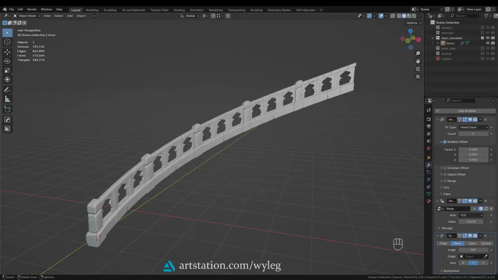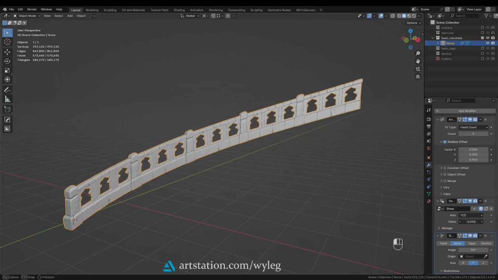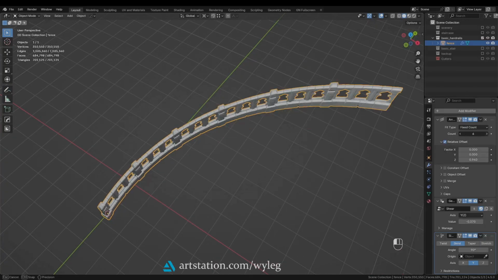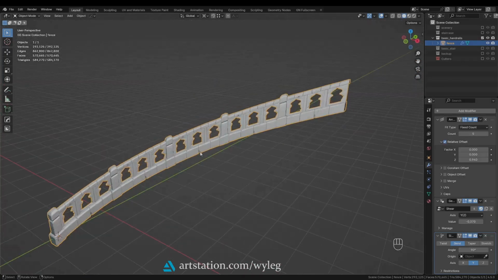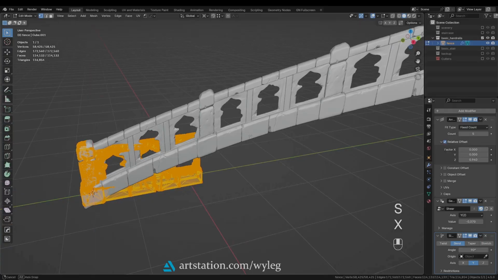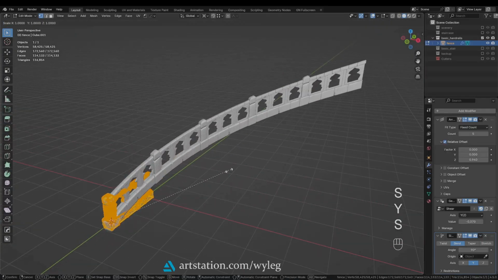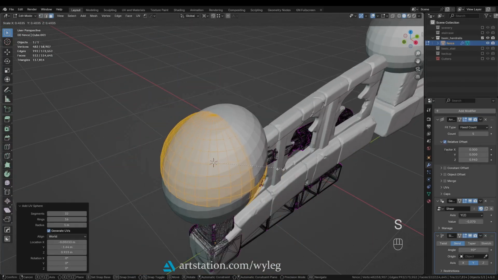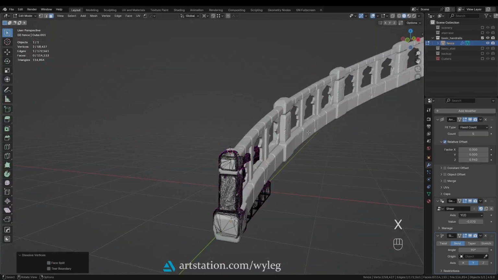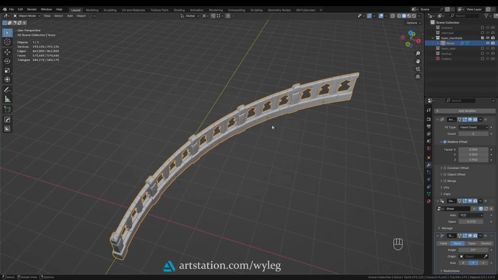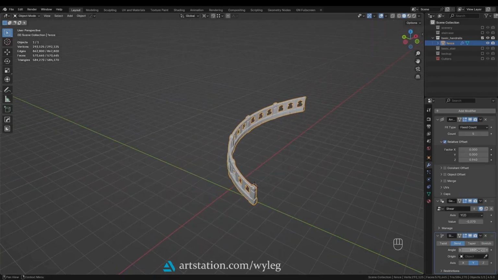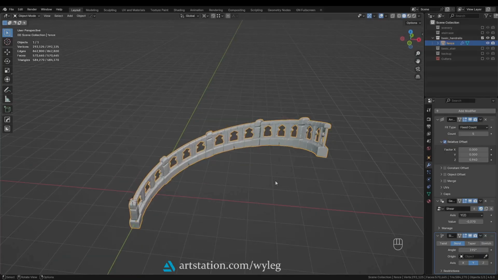The advantage of this method is that it is completely non-destructive. Meaning you can adjust the height or steepness with the value of the shear modifier. You can control the width with the number of elements in the array, or you can scale the mesh itself, or you can add some new details to it, or you can change the arc angle in simple deform modifier. Now let's create stairs real quick.